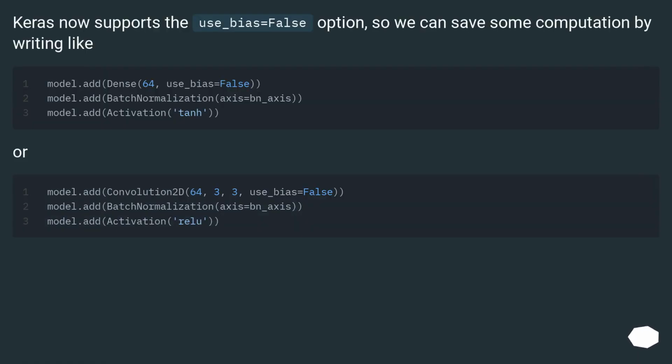Keras now supports the use_bias equals false option, so we can save some computation by writing like this, or